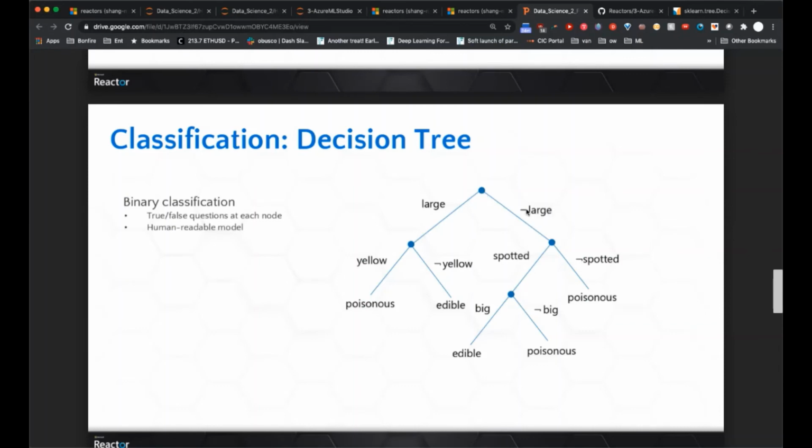So then I will go towards the right side of the tree, and then I'm gonna ask, hey, is this a spotted mushroom or not spotted mushroom? And I'll say it is spotted. And then I'll ask, hey, are the spots really big or are the spots not big, right? And then I'll say, oh, the spots are actually very tiny. So then I'm gonna go to the right side of the tree again, and therefore I'm gonna end up